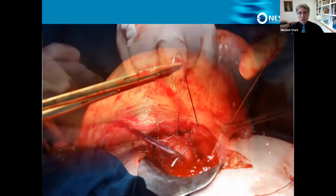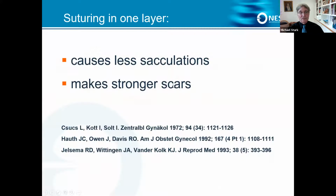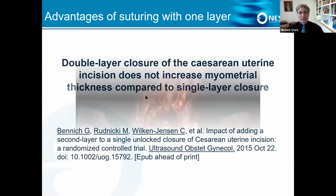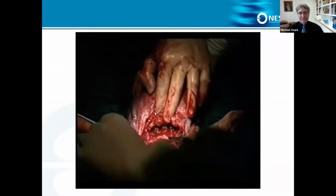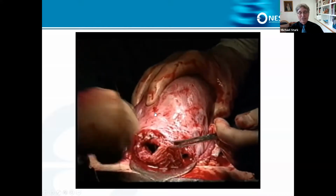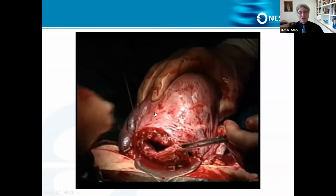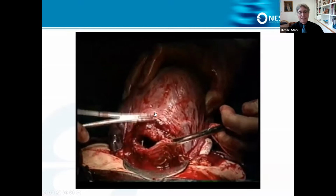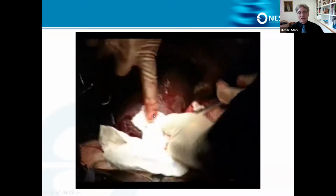So now, stitching the uterus we do with a big needle and one layer. Suturing in one layer will make less circulation problems and will make stronger scars. We don't have time now to explain why some people are writing completely different ideas about it. But you can see here that double layer closure does not increase the myometrial thickness compared to single layer closure. And you can see here how we do it. We are using a huge needle of 8 centimeters in diameter. And the reason is that the bigger the needle is, the less suture material will stay behind, which means less foreign body reaction, stronger scars, and